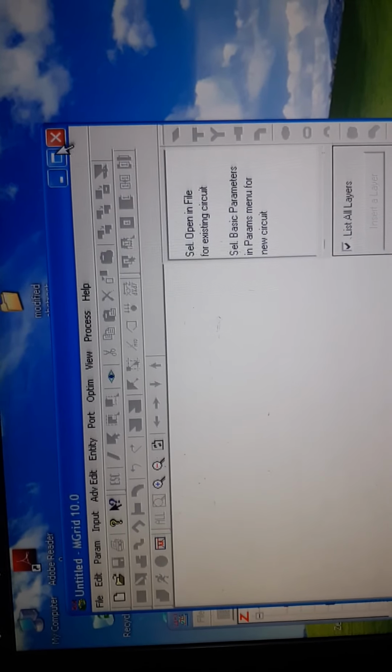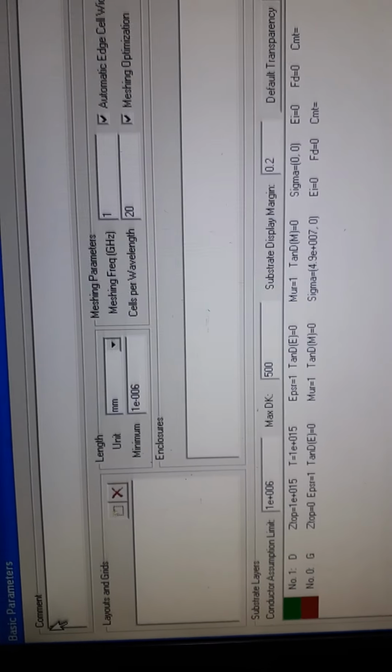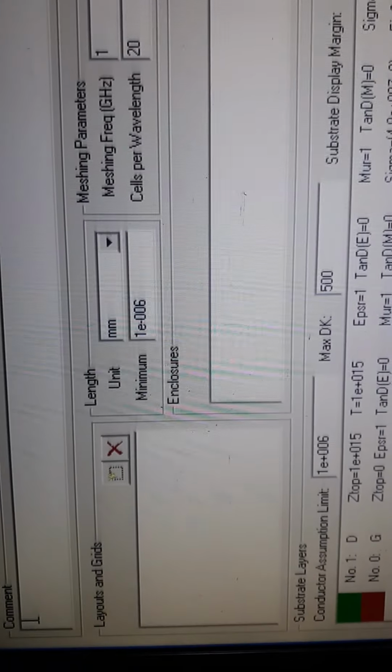So when we design the antennas, first we have to go to IE3D and mgrid. Whenever we open mgrid, there will be one workspace, it will open like an Excel sheet. But in here, what modifications there are, I will show you. Whenever this comes up, first it is required to set up some of the parameters.